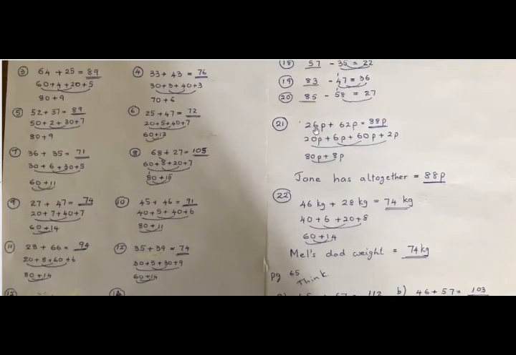First we have to partition 26. 6 units and 2 tens. 2 tens means 20 plus 62. 2 units and 6 tens. 6 tens means 6 times 10, 60. Add tens together and units together. Tens together, 20 plus 60, 70, 80. 80 pence. Units together, 6 plus 2: 7, 8.